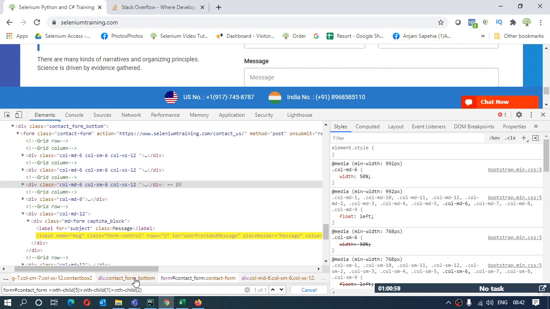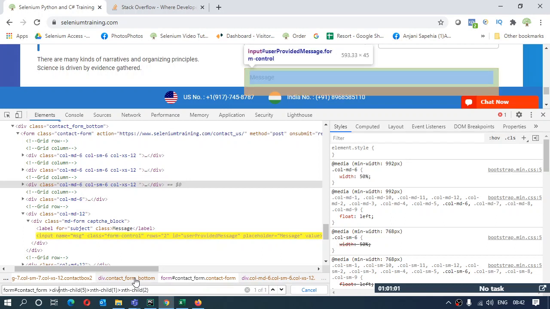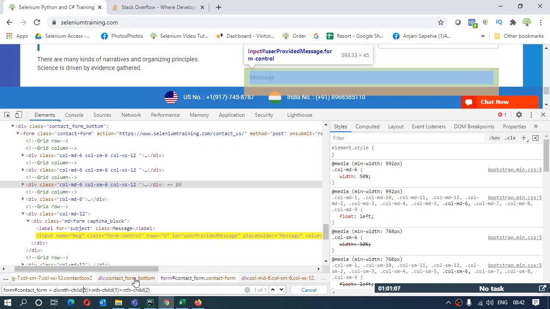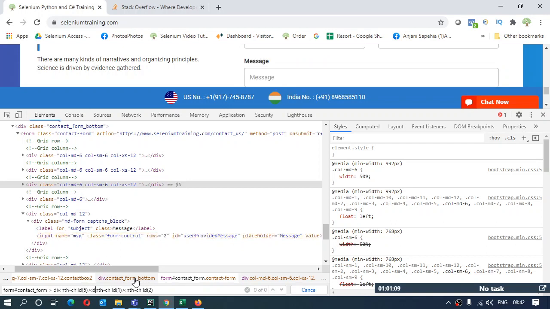The first tag was my div tag, so I get that over here, right? Then the next tag was also div tag. Okay, I gave it at the wrong place. Wait.